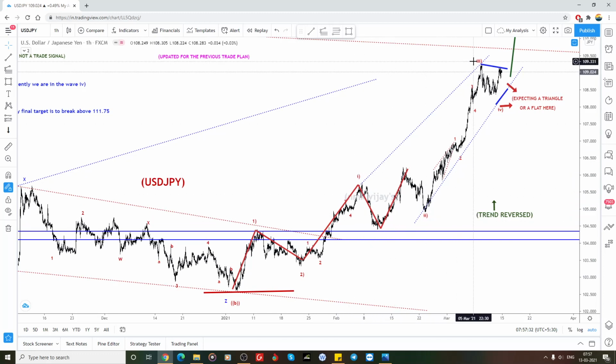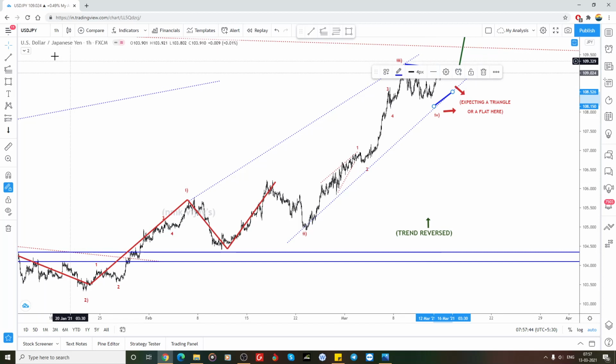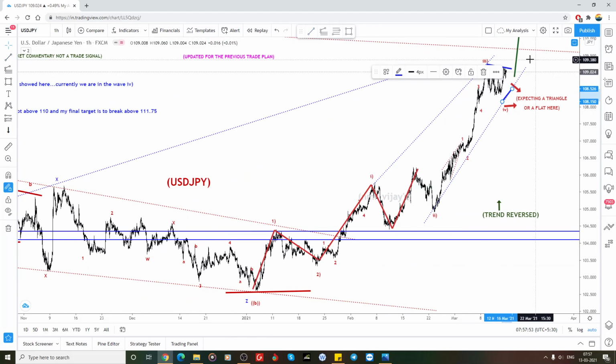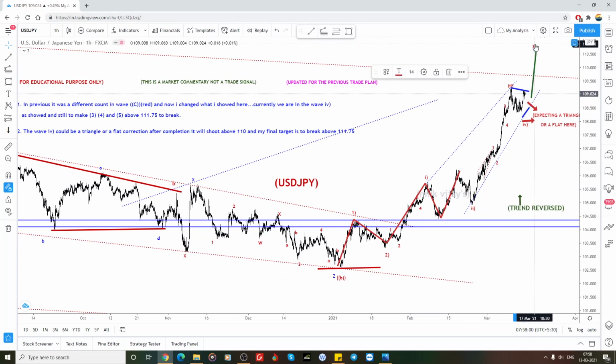So beyond the 3rd wave, after the completion of this, I have already shared my view. This is making a triangle in the 4th wave. Whether it is going to be a triangle or an irregular flat, we can't identify here. In any case, I am looking at this as the 4th wave. Once that is completed, 109, 110 maybe, that is the end of the 3rd wave here. After that, again the 4th wave, and again the 5th wave to break this